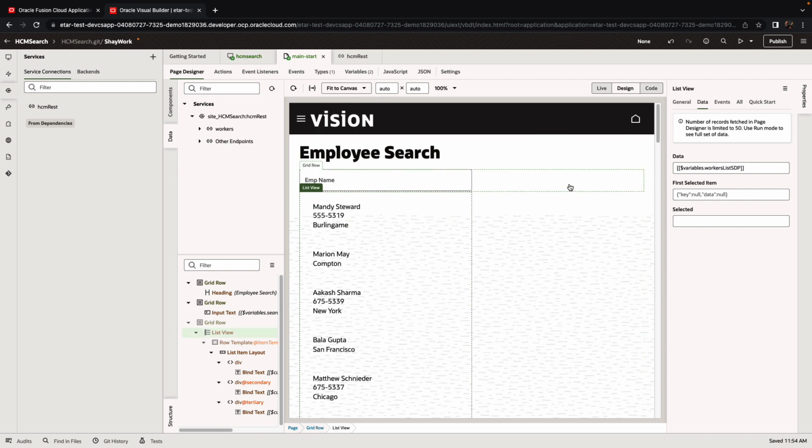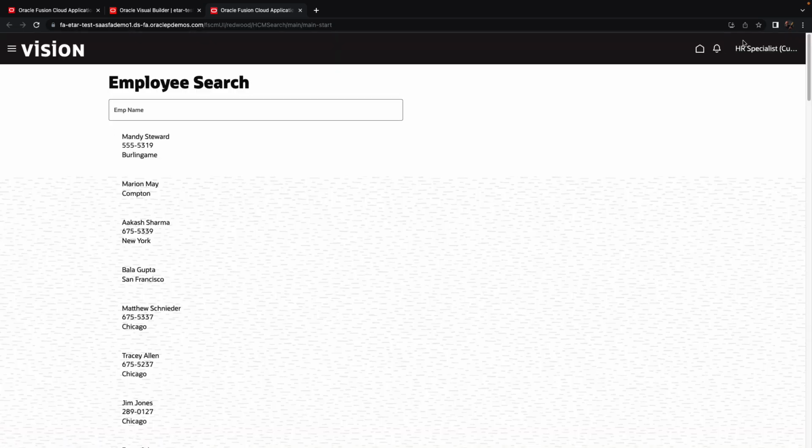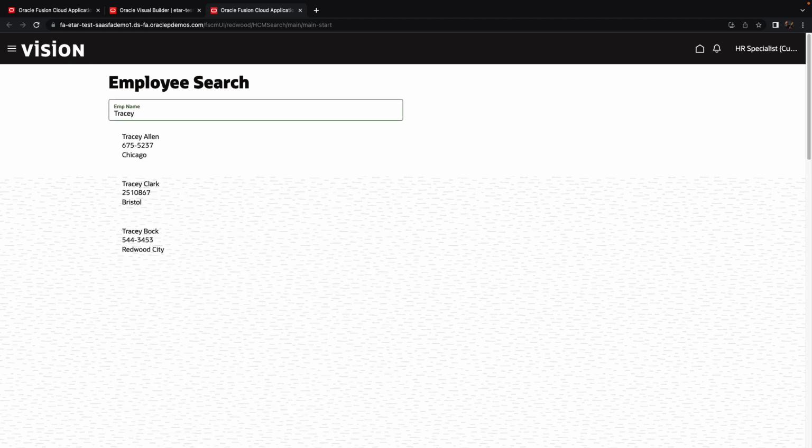If we're ready now to test our page, we can simply click the Preview button. This would spin up an instance of the application and would allow us to work with the application like a regular user. For example, we can put in a specific name, such as Tracy, to filter our list and find out all the Tracys in our database. Now that we're happy with the